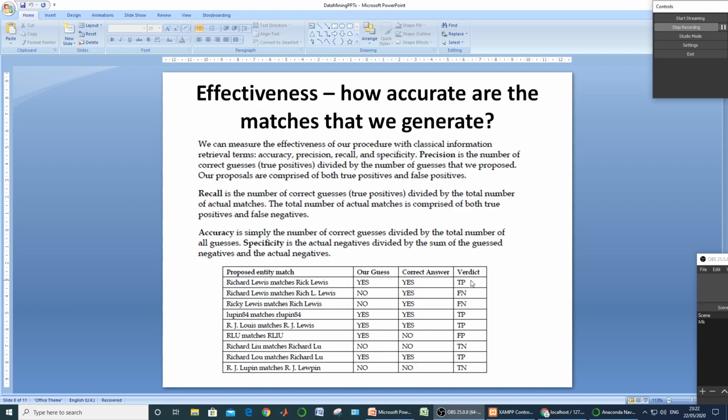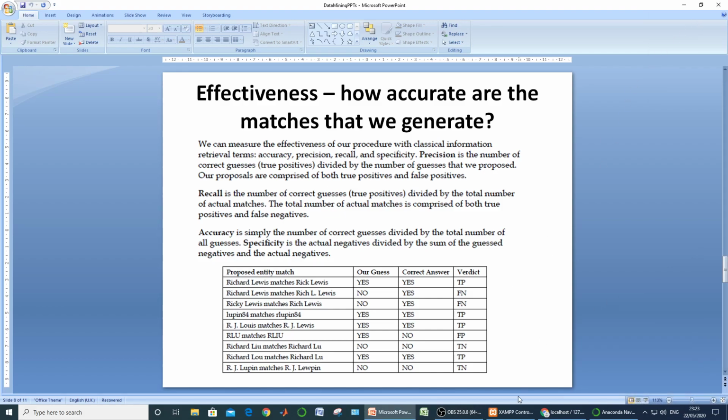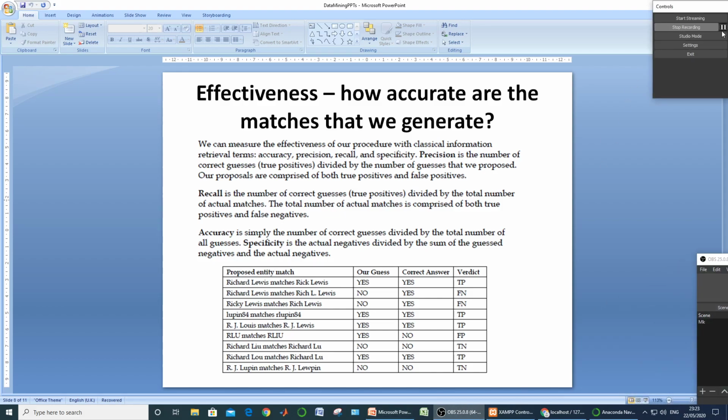It means we have to add true positives and false positives. So true positives 1, 2, 3, 4, then 5. Five are there. So the precision will be equal to 4 upon 4 plus 1, that is equal to 4 upon 5.